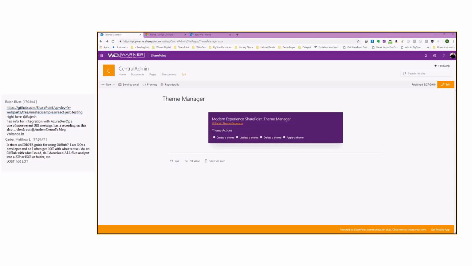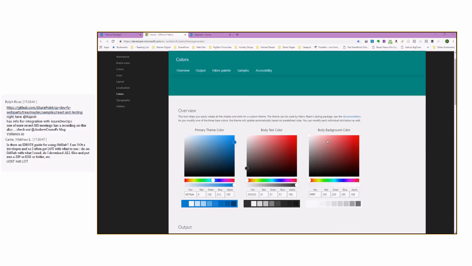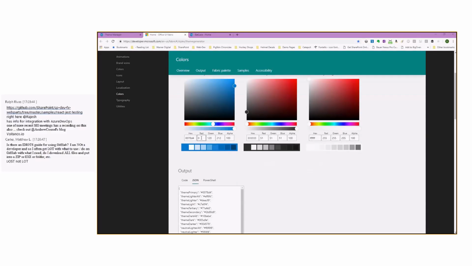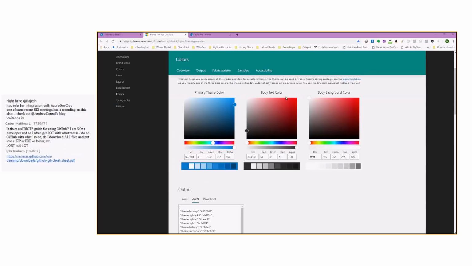So the first thing we're going to go ahead and do is create a primary theme, but we need to generate the palette for that. So I've included a link here, UI Fabric Theme Generator, which will simply just take you to a tab I've already got opened here. And it's pretty simple to generate a theme if you haven't already done it in the past. You come in and we see we've got the primary theme color, our body text color, and our background color. We'll just leave those the same.